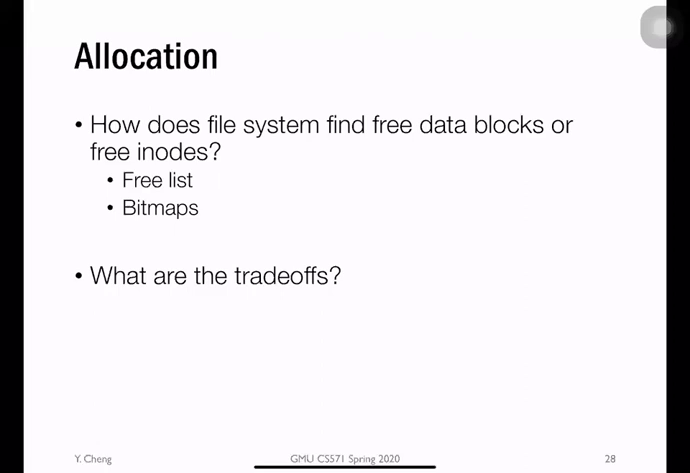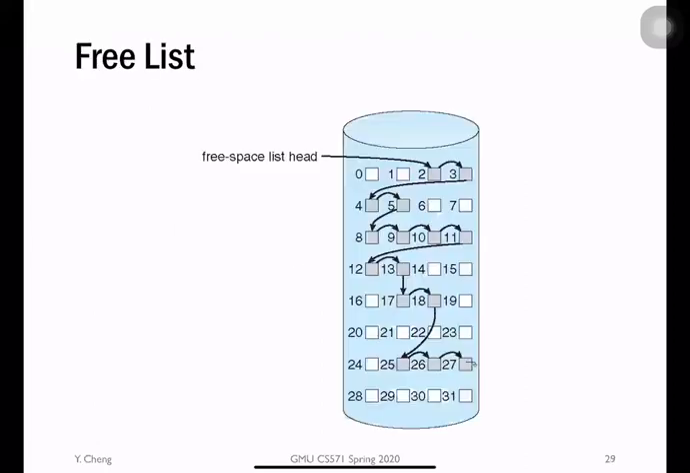And the second kind of approach is called bitmaps. So let's first take a look at the free list approach. In this example, it shows how a free list looks like. It's essentially a singly linked list, and this singly linked list has a list head. So in order to locate some free chunks or free data blocks, you have to traverse through this singly linked free list